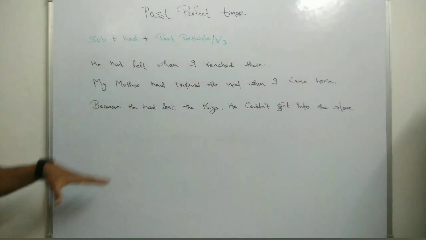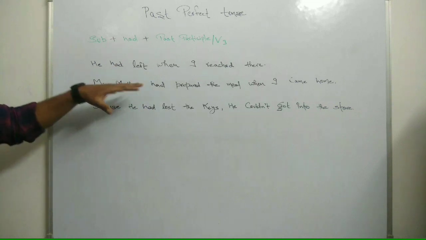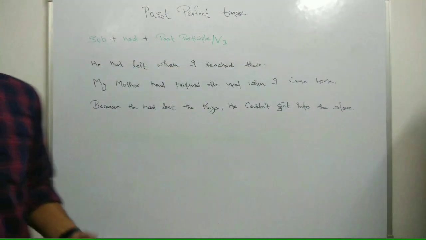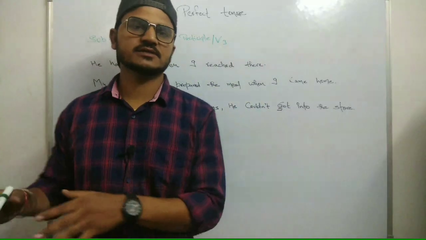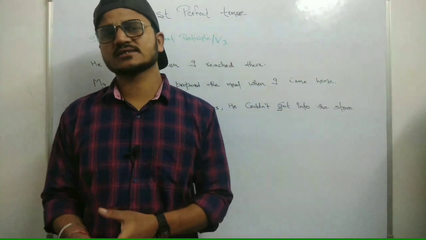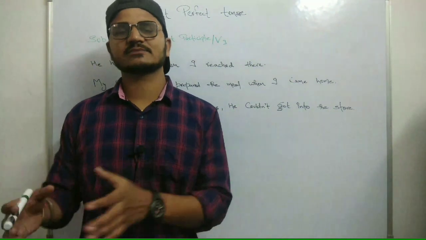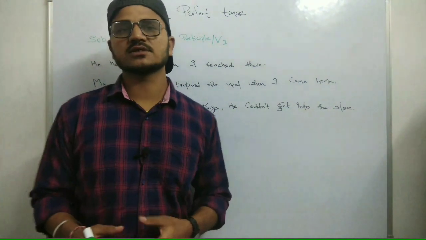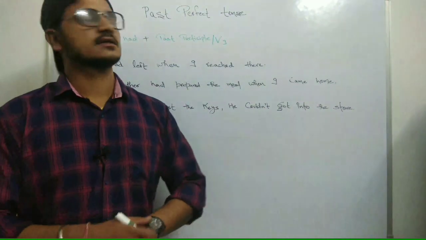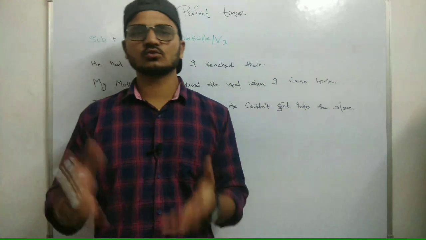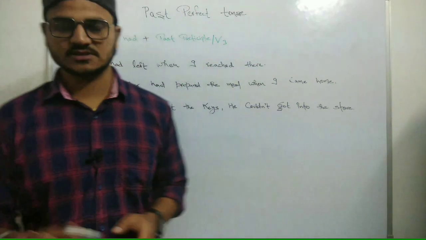Alright. So this is a two clause sentence. There are two clauses in this sentence. This is one clause and this is another clause. Two clauses basically means two actions happened in the past. If two actions happened in the past, obviously they did not happen simultaneously except by chance. One action happened first, then the other action happened. And that's basically why we use the past perfect tense, to show the sequence of the two actions that happened in the past, right?